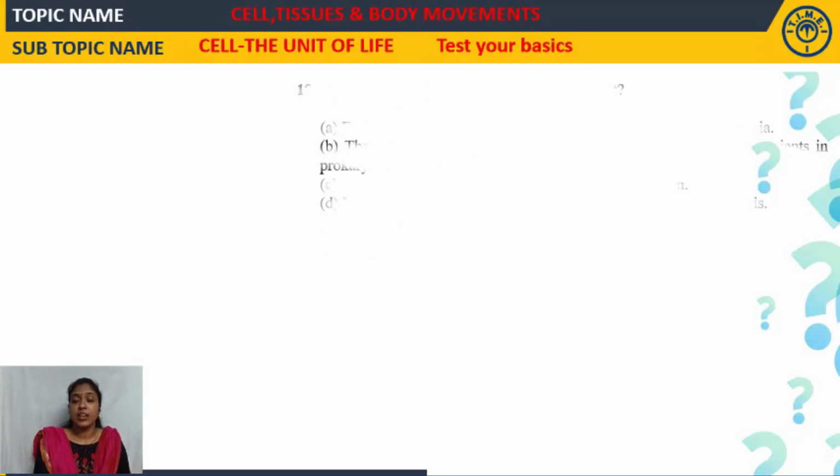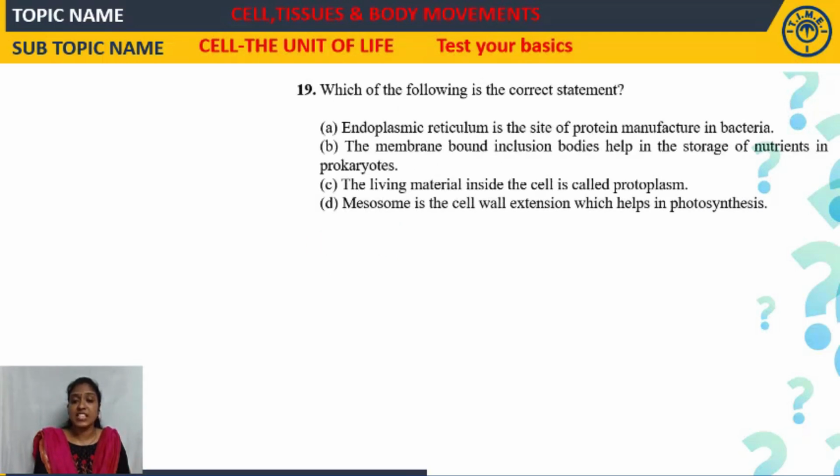Then moving on to question number 19. Which of the following is the correct statement? We have to find out the correct statement. So many of the sentences will be wrong. A. Endoplasmic reticulum is the site of protein manufacture in bacteria. Endoplasmic reticulum is the site of protein manufacture. Whether the sentence is correct? No. Why? Because it is not endoplasmic reticulum, it is a ribosome which is the site of protein manufacture in